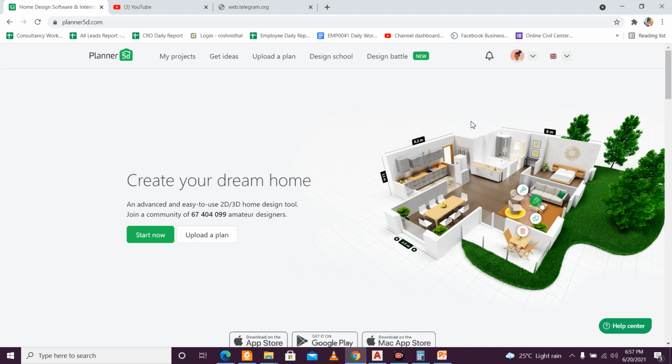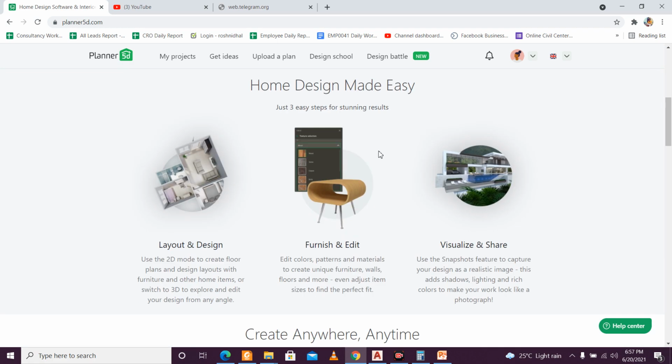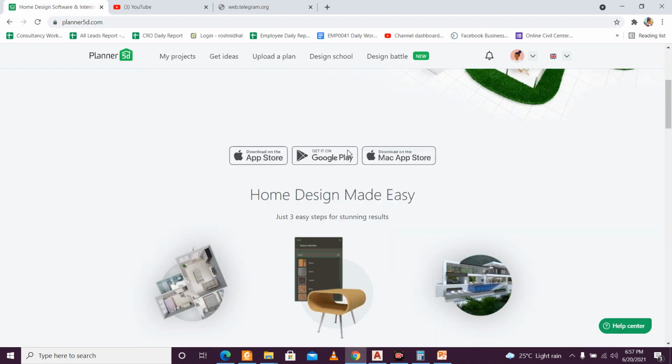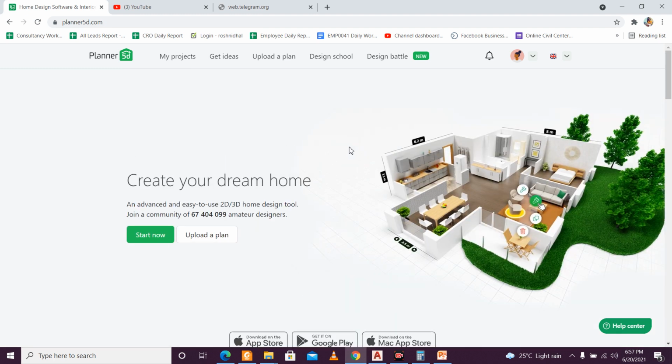So we'll go to the basic version of it. First you need to create a profile, and we'll not use any paid components here. We'll just go with the free ones because there are a lot of paid components which are available here also. So we're going to go with the simple free components here.